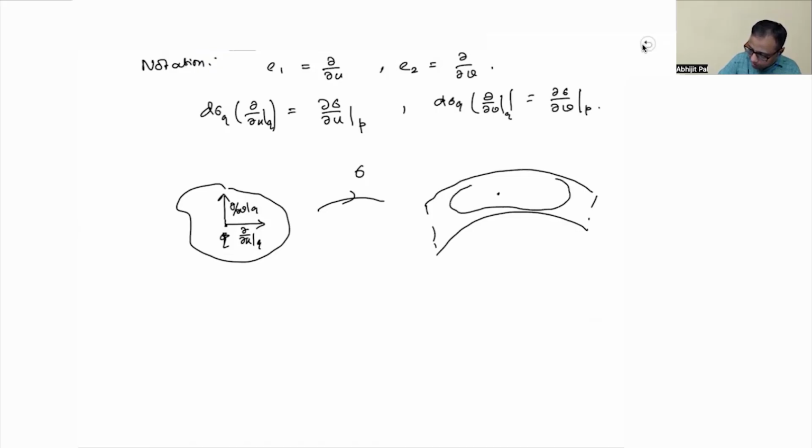Suppose this is my surface patch, so I have these two curves like this, whose tangent vectors will be like this. This is my del sigma del U at the point P, and this will be del sigma del V at the point P. These two tangent vectors will generate the tangent plane at the point